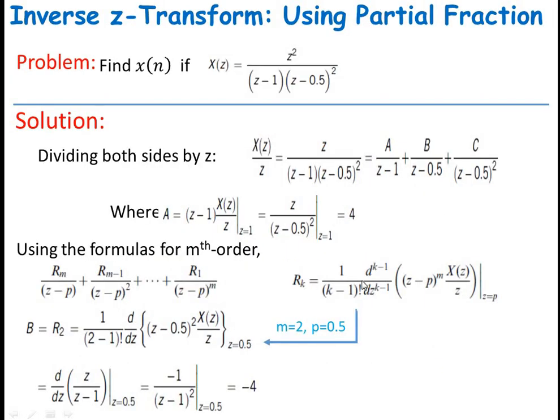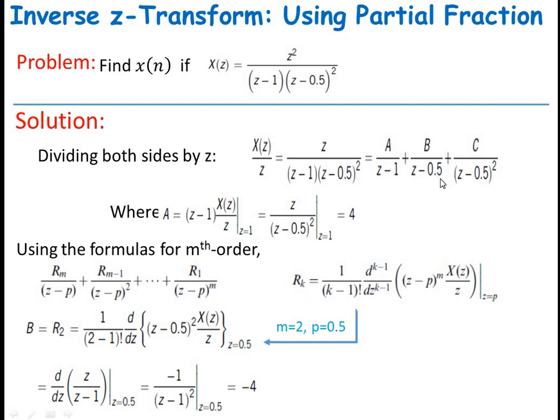Whereas in the second problem, after bringing this x of z divided by z formation, we have checked the powers of z. So in this problem too, we are having highest power in the denominator, but whereas here we are having repeated poles, so we are going to use some different formula for finding the repeated poles. The a is the normal pole, so by using a normal method we can find this a value, but for finding b and c we are going to use this formula.